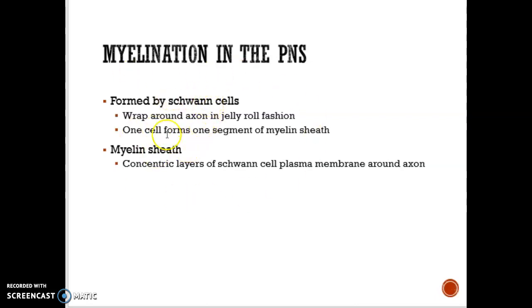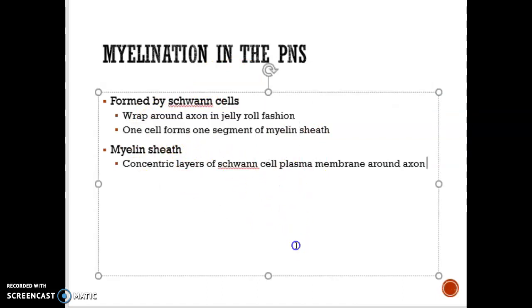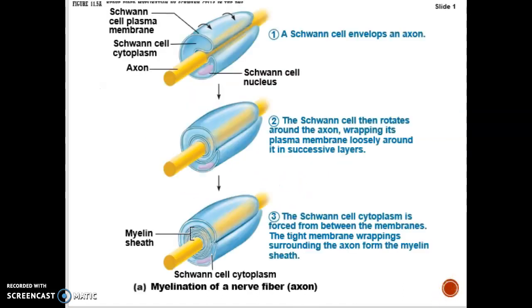So this myelin sheath, I like the way your book puts it. It wraps around in a jelly roll fashion. Okay, this jelly roll fashion just looks like this. It starts wrapping itself, and what it does is it creates these layers. And if you'll notice, once we get down here, we have multiple layers, with the outside being this thicker portion there. This layering helps protect the inside structure, which is, of course, the axon, where it's transmitting or sending information